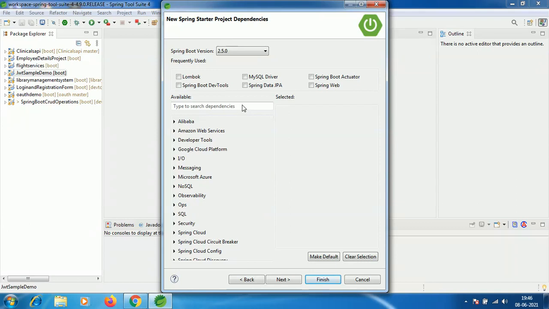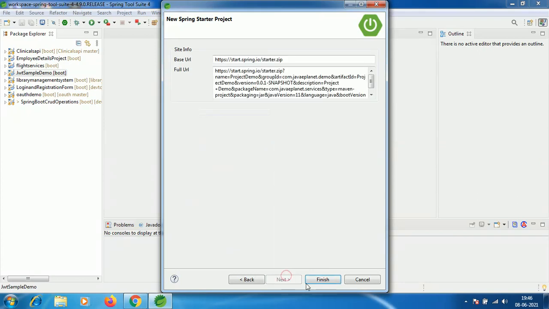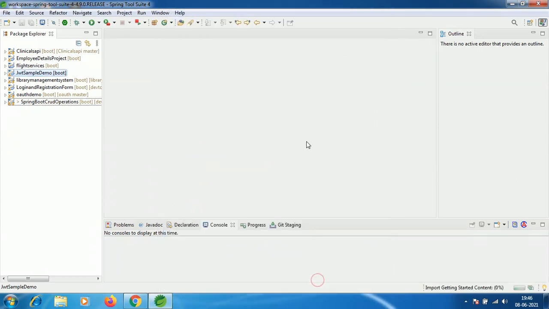As we are just printing some random text on UI, we don't need any other dependency. Just the Spring Web dependency is enough. Click on Spring Web, click on next and click on finish. That will generate the project.